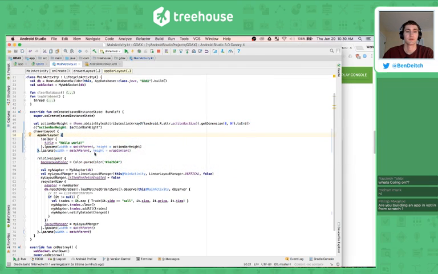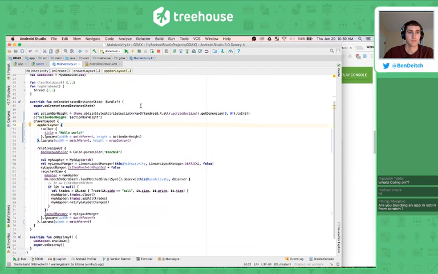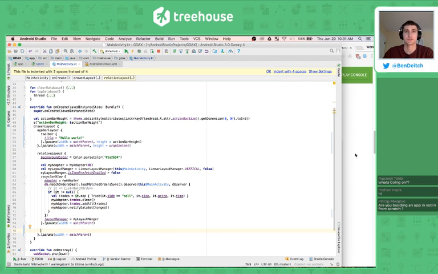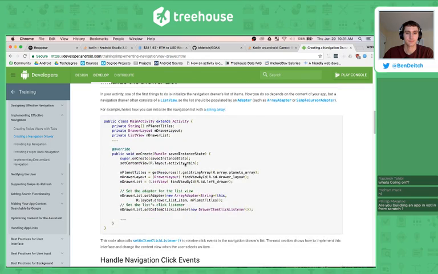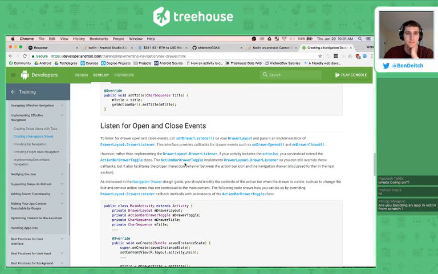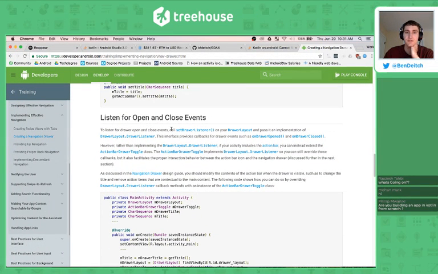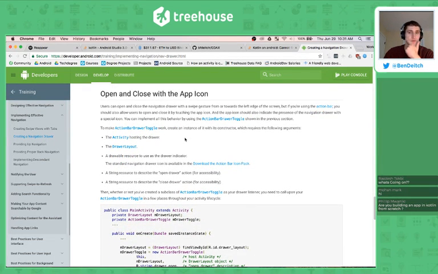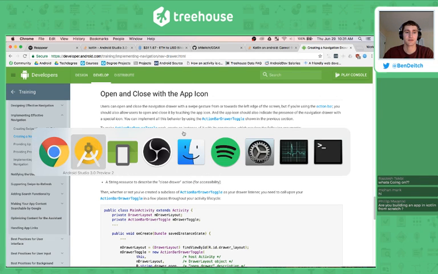Okay. This is a recycle view, it's right there. So after the recycle view, let's try putting a ListView. Or really just a view. Let's see, how do we get it hooked up? For open and closing ones. Listen for a drawer. Call set drawer listener on your drawer layout and pass it an implementation of drawer listener. Okay, well, I'm not looking to look at those. Aha, here we go. We're looking just to open and close the drawer, which for now,